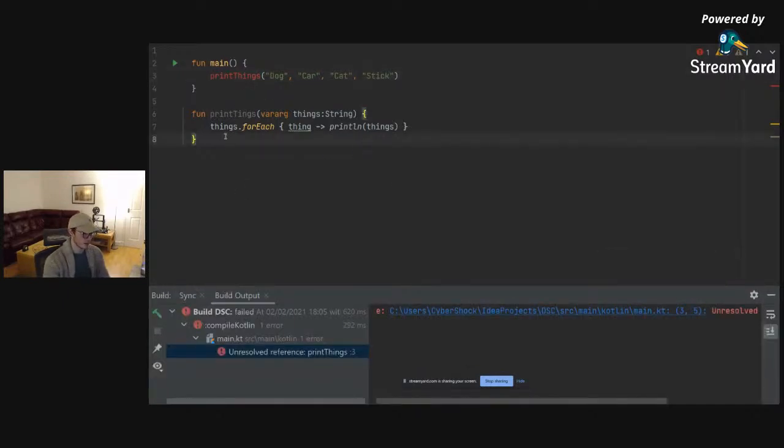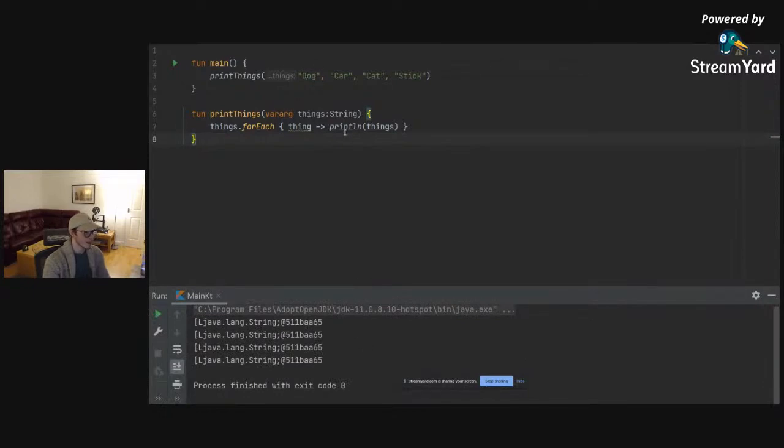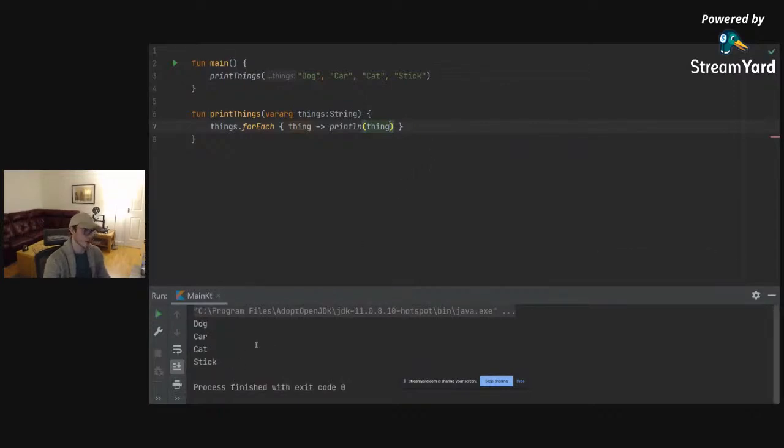What's this error? Unreferenced printThings. Okay, that's probably wrong. I have done something wrong here. Just 2 seconds, I will quickly remedy this. So printThings, forEach thing. I am printing an object instead of the actual thing, which should be here. So as you can see, after that quick debug, we've got dog, car, cat, stick all printed out,